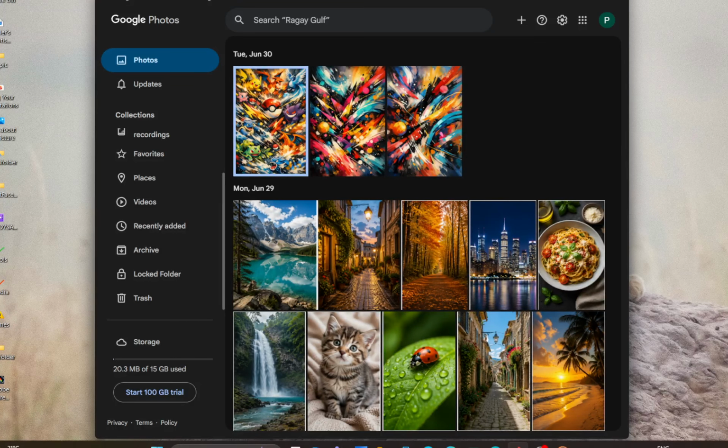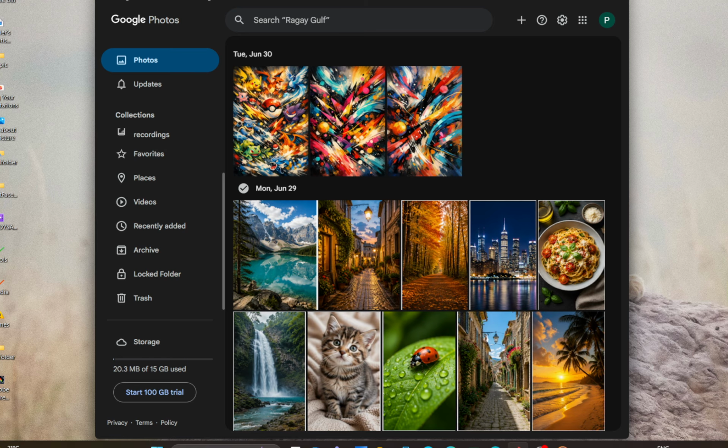In today's video, I'm going to teach you how to change backup quality in Google Photos. If you want more control over how your photos and videos are stored in the cloud, adjusting your backup quality is an important setting to know. This option affects how much storage your backups use and whether your files are kept in their original quality or compressed to save space. The good news is that the change only takes a moment to make on a desktop